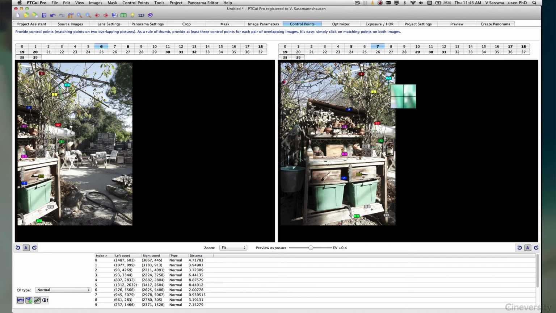And you see here, based on the clever laid out colors, that you get here very fast an overview of everything is fine. The green is here, the gray is there, and it looks pretty good. If there is something in leaves and you know that the leaves were shaking a lot, then click on it and delete it, because then it has no value. It was maybe just in time that the twig went to the same position and PTGui thought, okay, that sounds sane, but in the next picture it will be maybe different, and then you run into ghosts or into problems